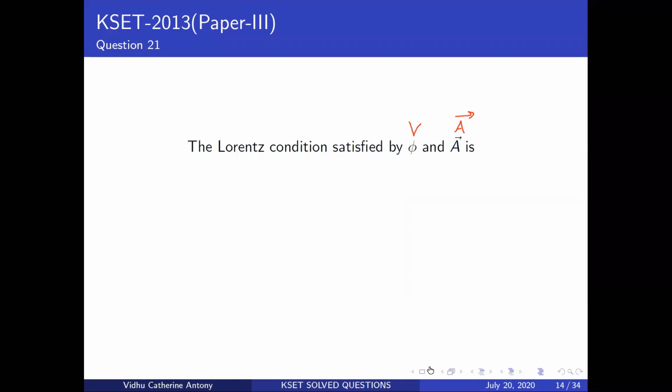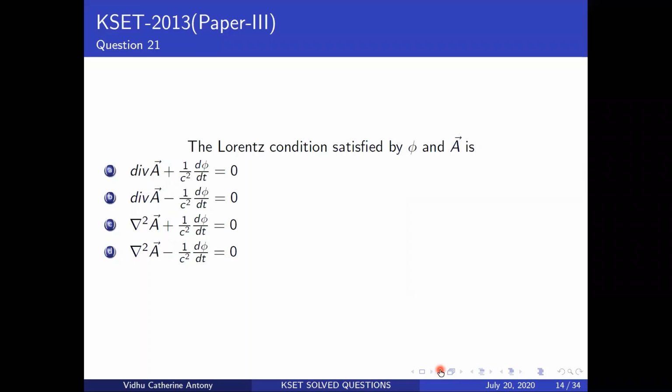Now let's look at the options that there are. This has something interesting to do with your gauge transformations. This Lorentz condition is basically a Lorentz gauge. So now what do your gauge transformations do basically? What do they do?